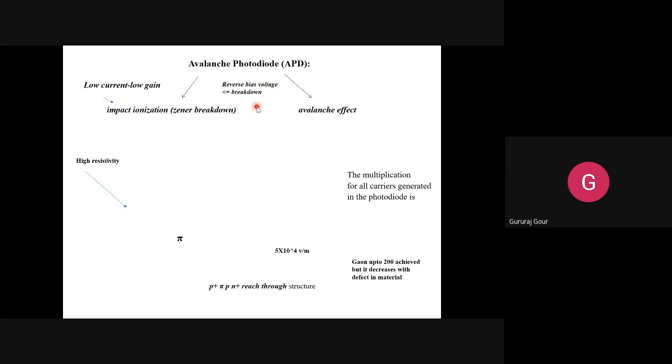So what is happening here is that, suppose you are keeping your reverse bias voltage nearer to the breakdown voltage or in the breakdown region. The width of the depletion region is very large. You are allowing more light or photons to fall on it to be absorbed by this photodiode. Of course, the number of photons, the density of it, what you want to convert back to current, is very large.